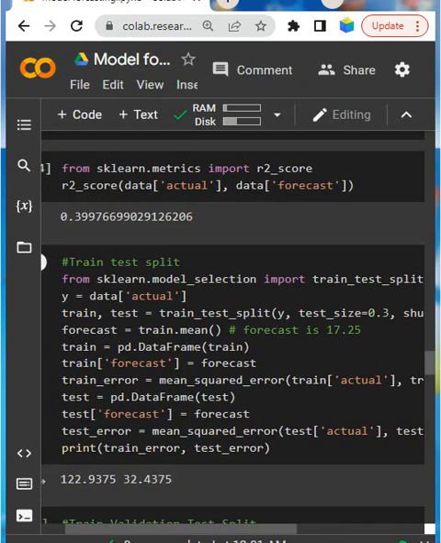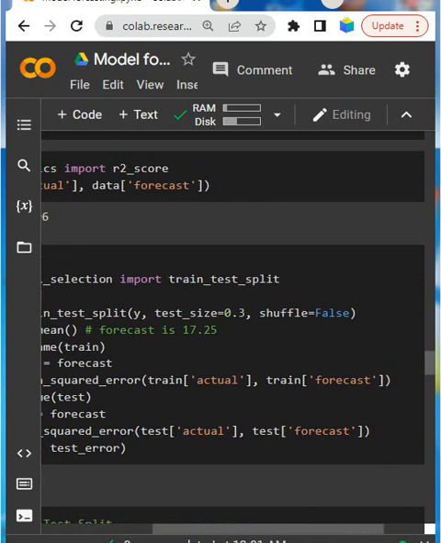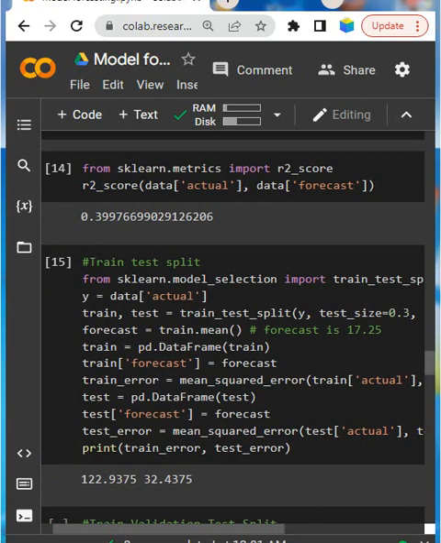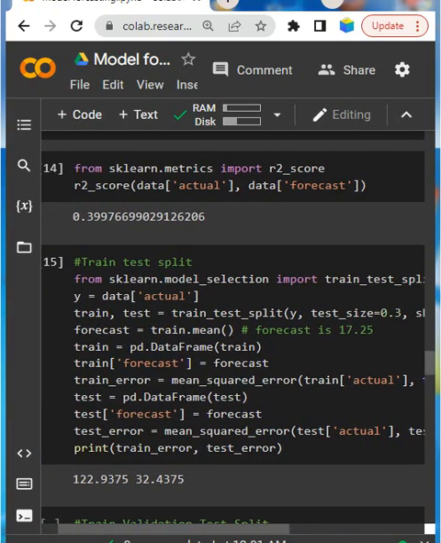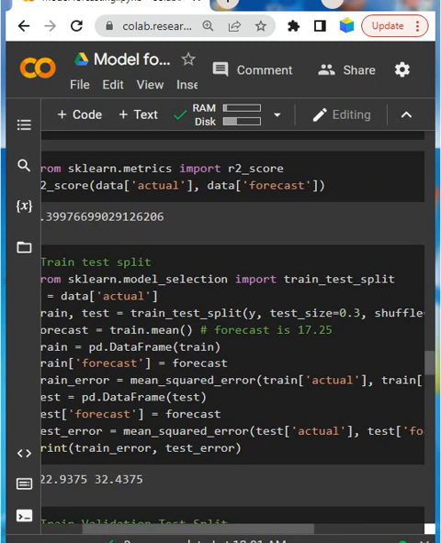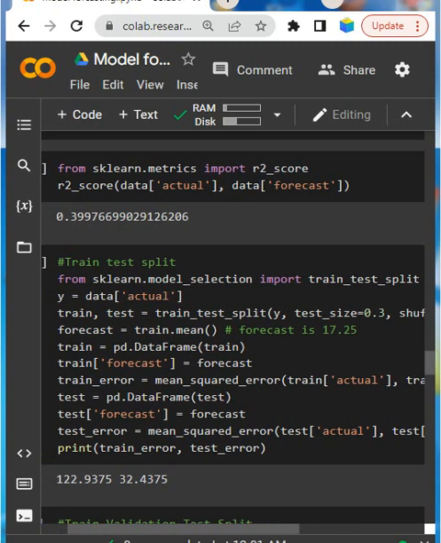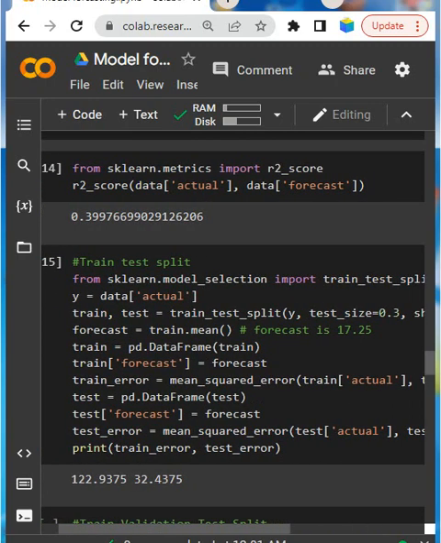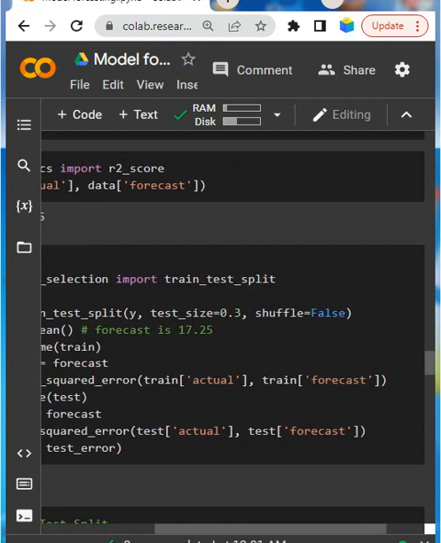We have the train mean, and then a data frame for the train actual and train forecast, and now I am going to apply the train mean squared error, and likewise for the test: pd dot DataFrame of test actual and test forecast, test error as mean squared error of test actual and test forecast, and print the train error and test error.